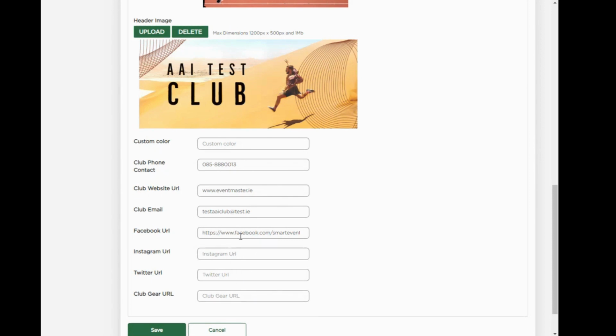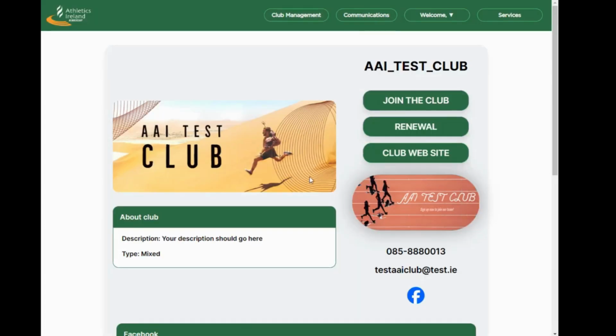populate there. So your Facebook page, we added in a club gear URL as well. So if any of you are selling any kind of club merchandise on a separate Shopify or any kind of other site, that can be linked in here too. So basically it makes your club page a one-stop shop